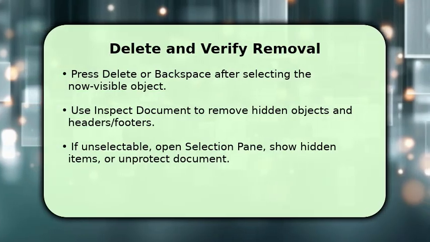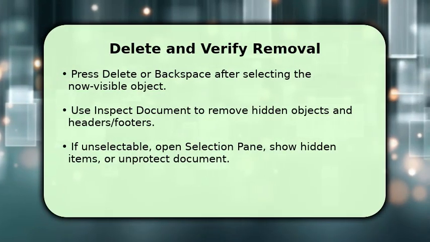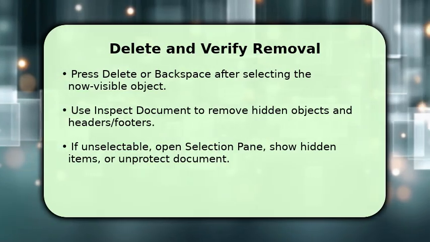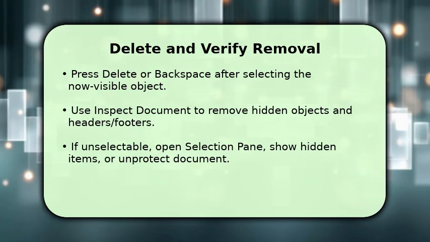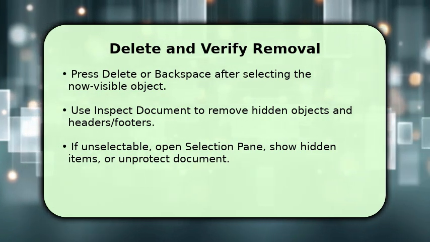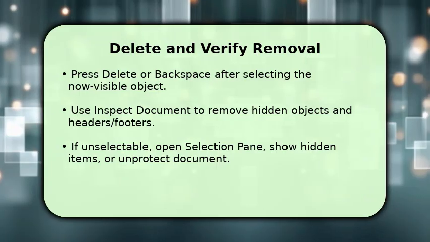If the object still resists selection, unlock protection via Review, Restrict Editing and use the selection pane to reveal and delete hidden objects. Troubleshooting tip: if you can't select an object, unprotect the document and